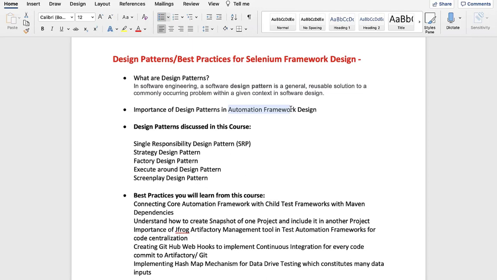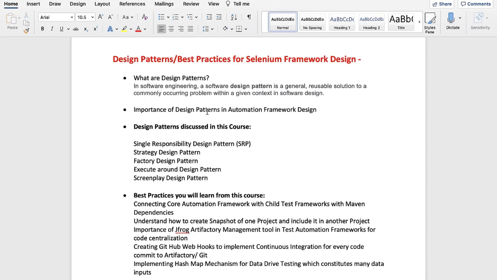No matter what tutorial you see, generally people talk about page object, but that is just the beginning. That is the base. On top of page object, there are a lot of design patterns which you can bring to make your automation framework more robust. And this is what top product based companies are now looking for. If you just say page object, then everyone can talk about that. If you talk beyond that point, discussing the other design patterns with the base of page object, then your excellence and your knowledge will be showcased.